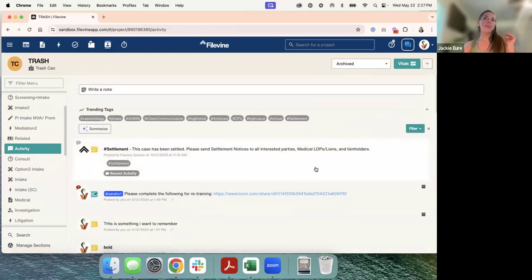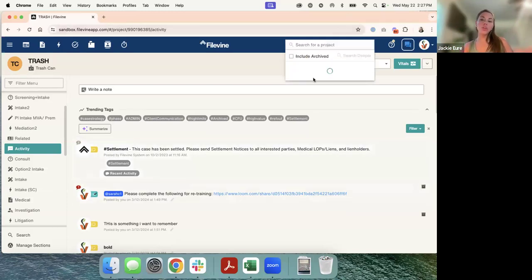And the reason why I mentioned clearing the assignee before you move it is if you don't clear the assignee and you move that task over to the trash can project, it's still going to be assigned to you or the user, but just in the trash can project. So we want to get it off your task list. So if this was something moved over, please still do clear it. Until you get used to using the trash project, you could do,